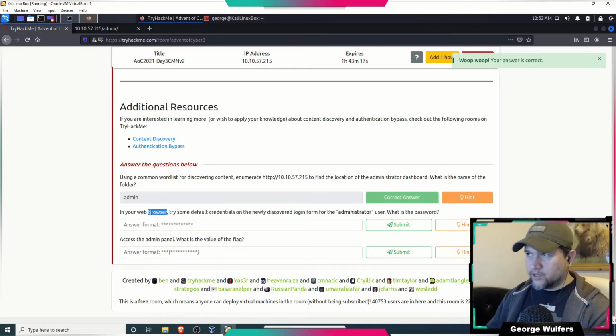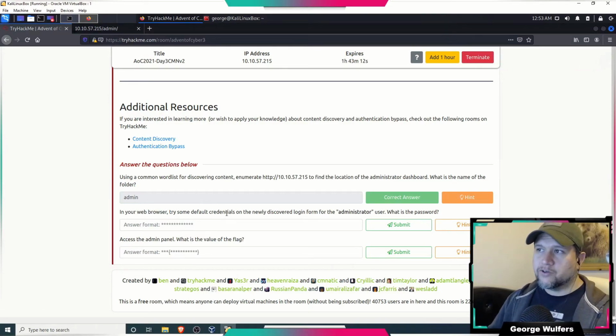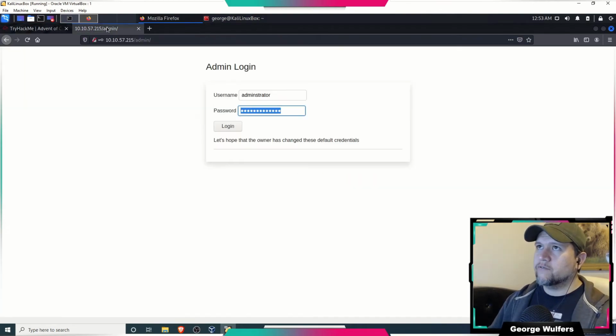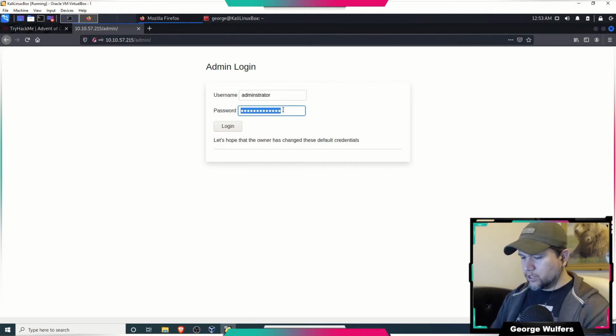And here the second one is, in your web browser, try some default credentials, which is what we're going to be trying right now on the newly discovered login form for the administrator. User, what is the password? So we can try to see what the hint says. You already know the username that you will need to log in as. Can you think of a default password for this user? There's a lot of default passwords. So the first one we can try is